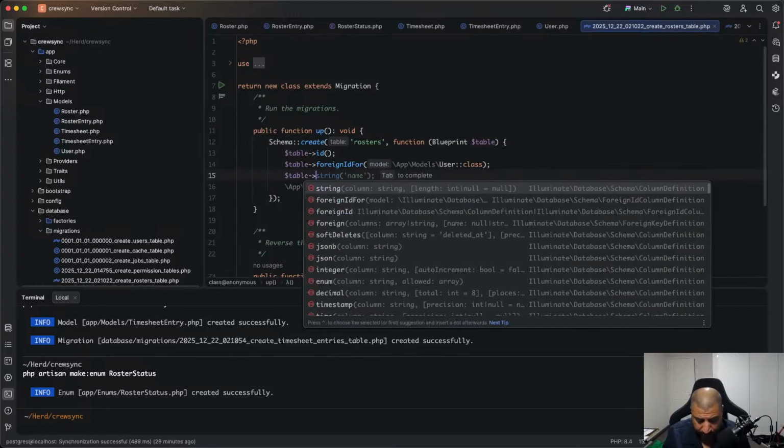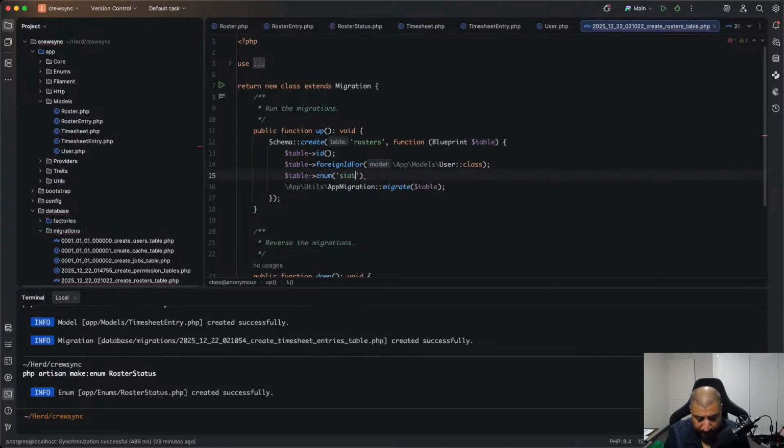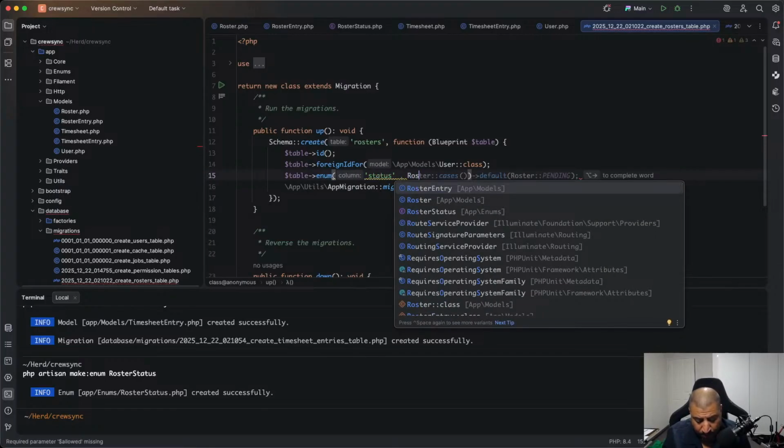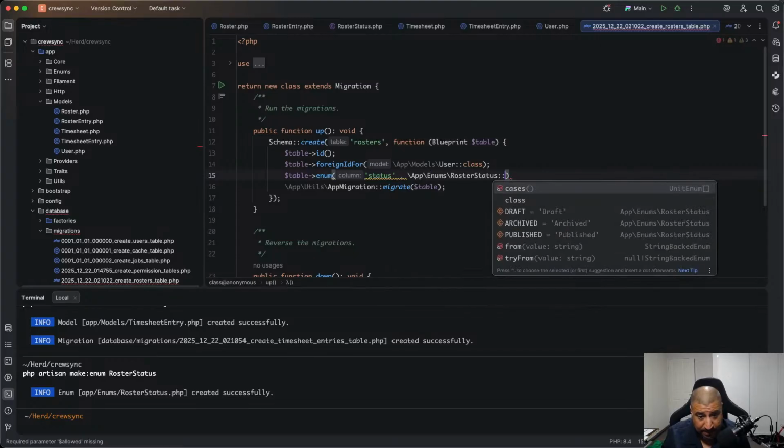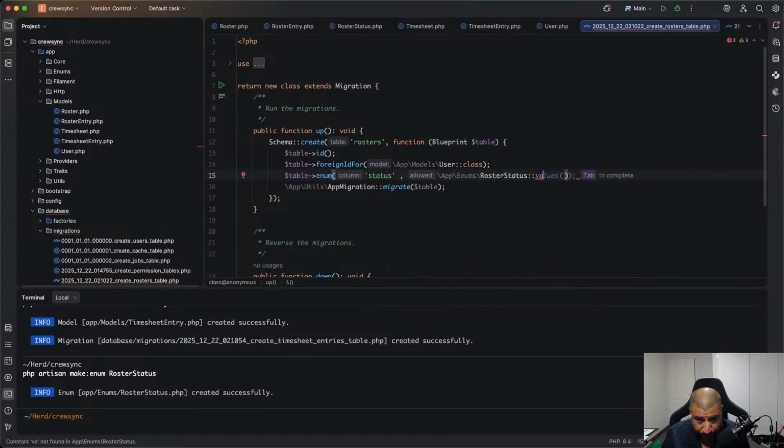Okay, so that means in the create rosters table, we're going to have an enum. So table enum with the key status, and the values will come from the RosterStatus values. Okay, and values, we don't have that yet, do we? Because we haven't written a